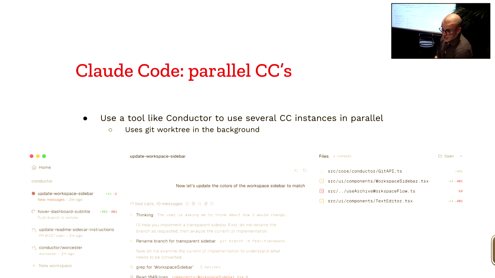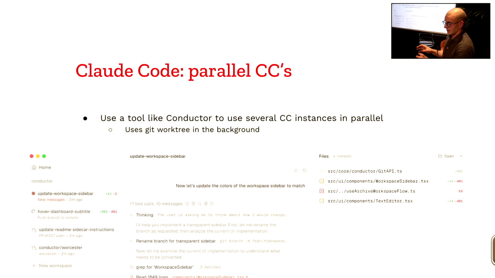The parallelization with agents: there are different tools that give you a nice graphical user interface on how to run several instances. In the background, it uses the git worktree command, which basically just copies your source code to another folder and works in there.